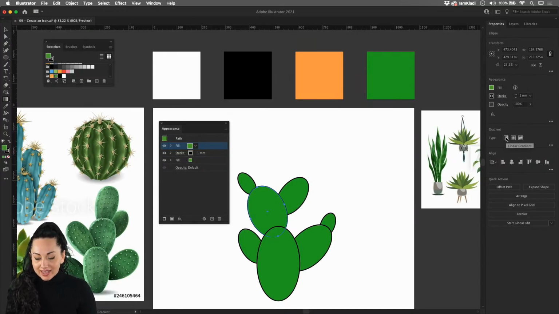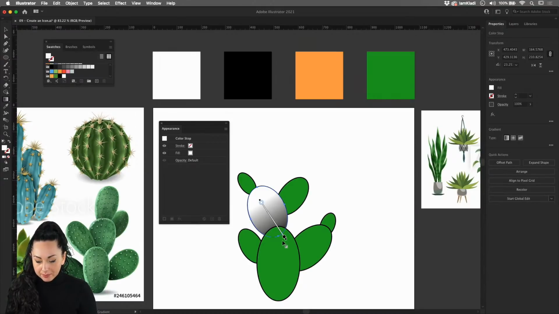We're going to select a linear gradient, and the linear gradient will come up. I'm going to use this little bar in order to change the angle of the gradient and also the positioning of the color. So if you want, you can bring the black a little bit backwards, and maybe we can also slide the distribution of the color, so we want really just the shadow to be towards the bottom.